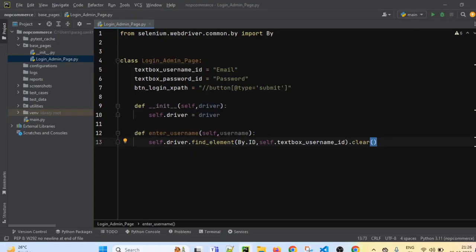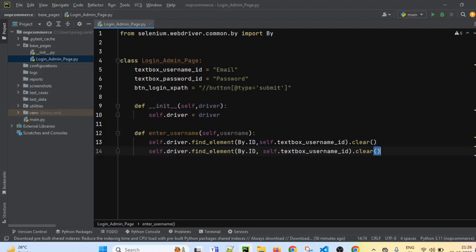So let's go back to PyCharm. I will just copy this. Again, I will locate that field, and now we have to use the send_keys method. The send_keys method will send the values. And what value we want to send? Username. So this value, it will send to that input field, right?